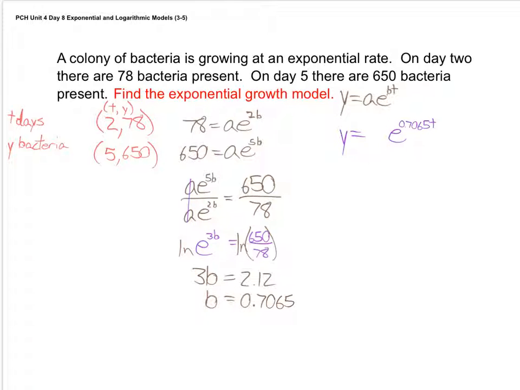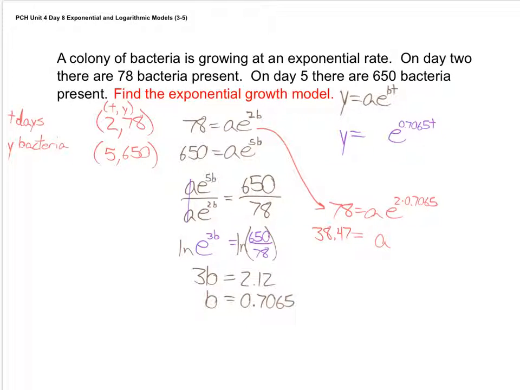To do that, I'll use 78 equals A times e to the 2b, and now instead of b we know that is 0.7065. All we need to do at this point is divide both sides by e to the 2 times 0.7065 power,